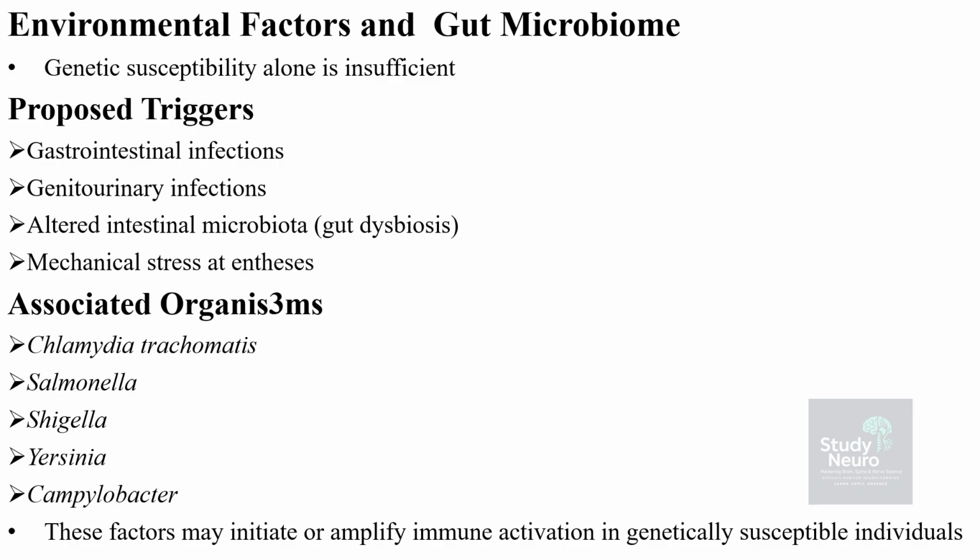Mechanical stress at the entheses, where tendons and ligaments attach to bone, may further contribute to local inflammation. Several organisms have been associated with these processes, including Chlamydia trachomatis, Salmonella, Shigella, Yersinia, and Campylobacter. The immune system may then become persistently activated. In genetically susceptible individuals, these environmental influences could initiate or amplify inflammation, helping drive the development and progression of ankylosing